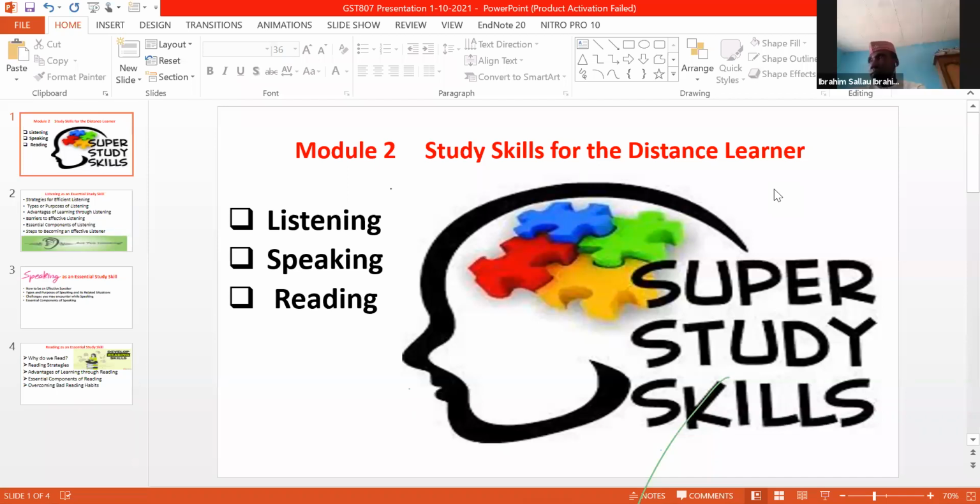Then number 3 is that you have to also empathize with the speaker. That is, you have to show empathy whenever somebody is speaking to you for you to be an effective listener. And number 4, you have to remove all physical and mental distraction. That is, anything physically that will distract you from listening to what they are saying, or that will affect your mental